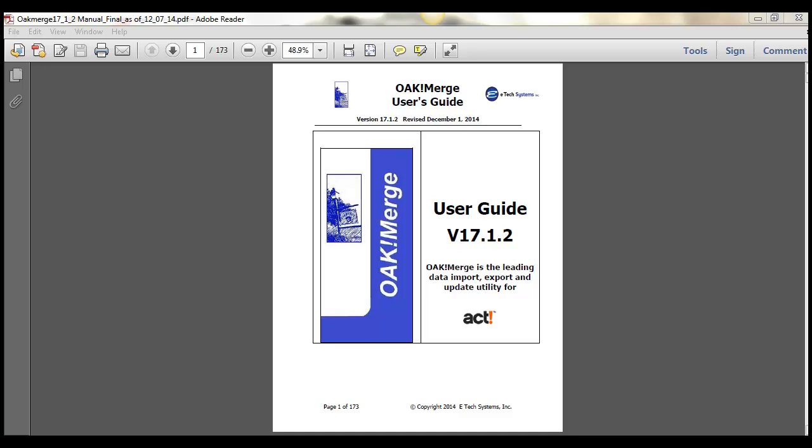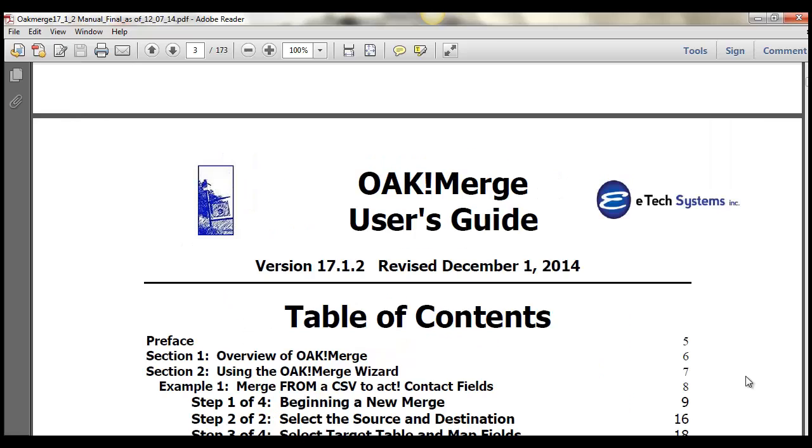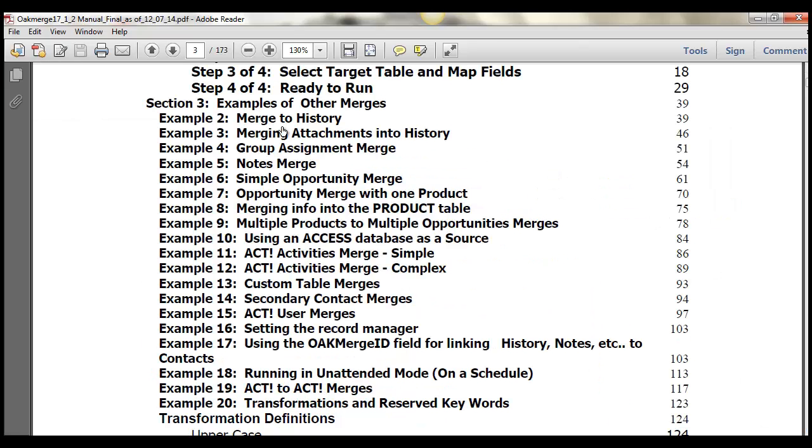This is importing history into ACT. As usual, we start with the Oak Merge user guide, the PDF guide that comes with it. We go to the table of contents to find the appropriate exercise. The one we were doing is exercise number 2, merging